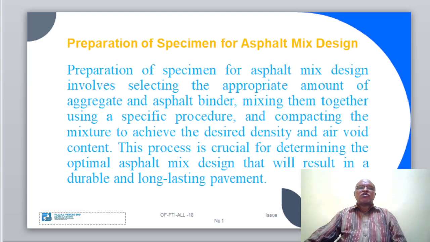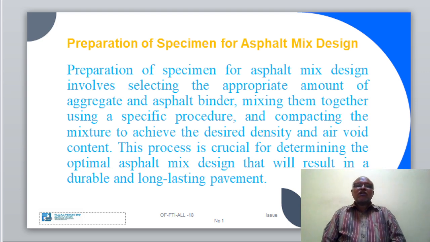Six, place the mixture in the compaction mold and compact it using a compaction hammer or machine to achieve the desired density and air void content. Seven, allow the specimen to cool and cure for the specified period before conducting performance tests, such as Marshall stability, flow, and density. In general, the preparation of specimen for asphalt mix design is a critical step in ensuring the quality